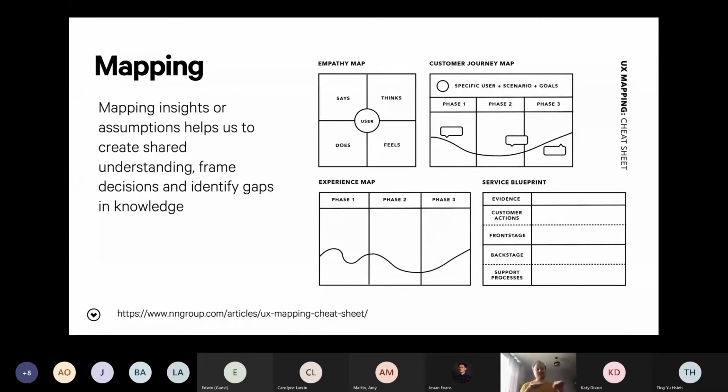It's understanding how a customer is going to find that product, use that product, and maybe come back to you as an organization. And then a service blueprint takes that layer and looks in depth within the organization. So it's about how the organization delivers the experience for the customers. So we're looking at